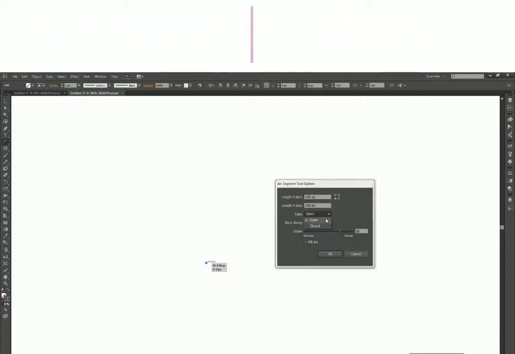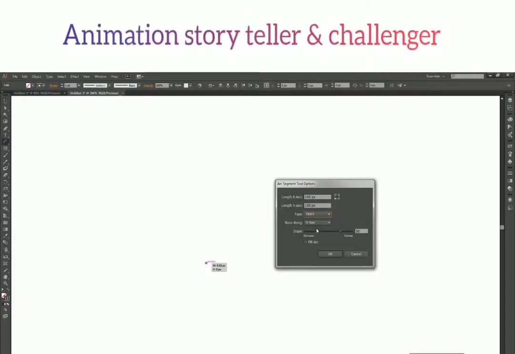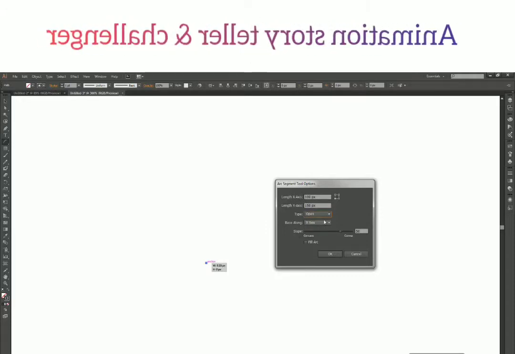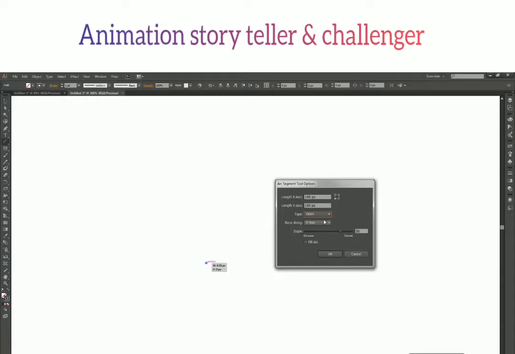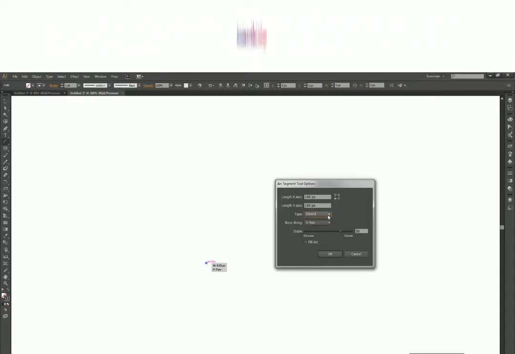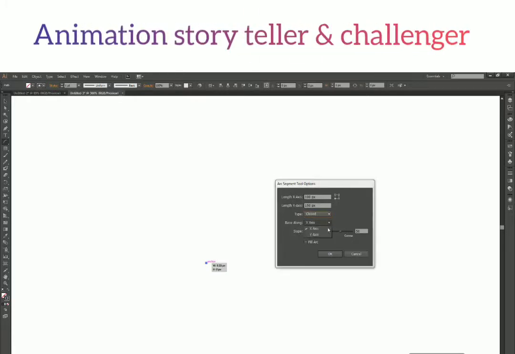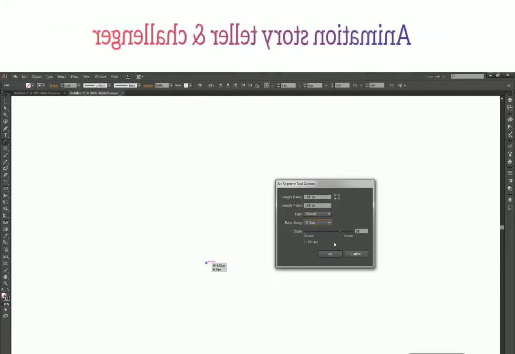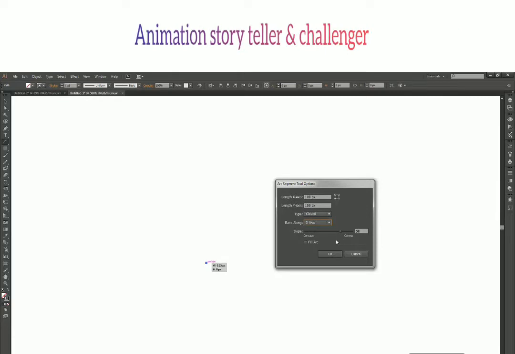Type open or close. You would have noticed when you create the arc, you get an open arc. There was no fill in it. But when you make it close, you will see what change we get. And base, I will keep as x-axis. That's no problem. And slope is 50.